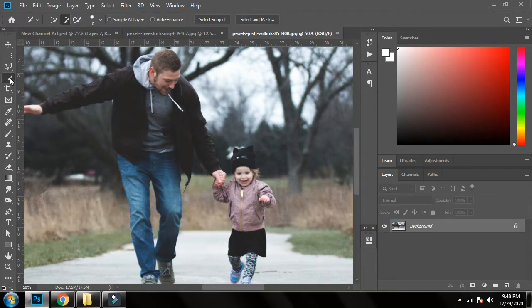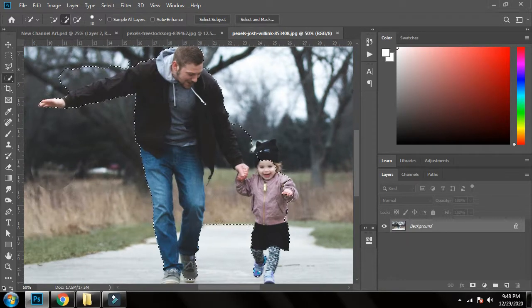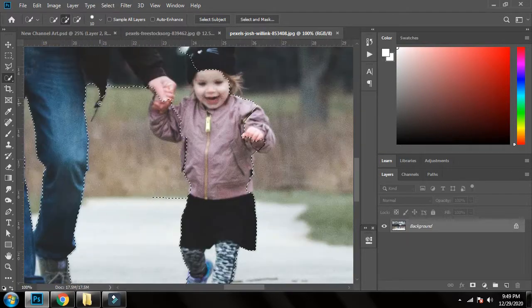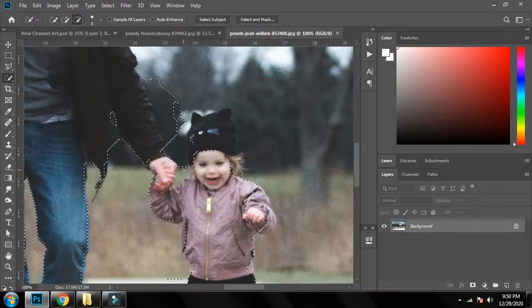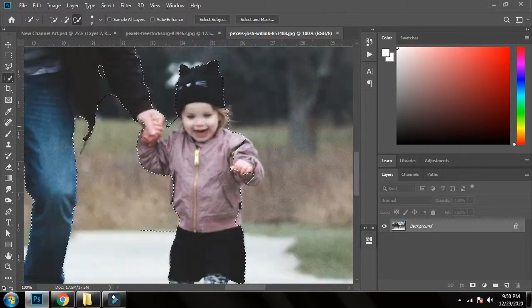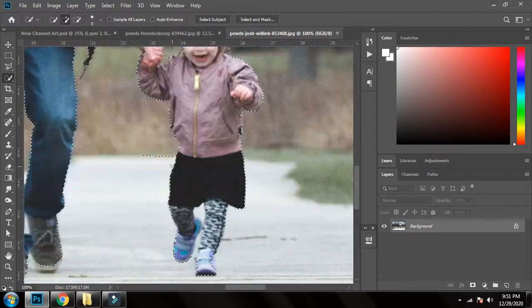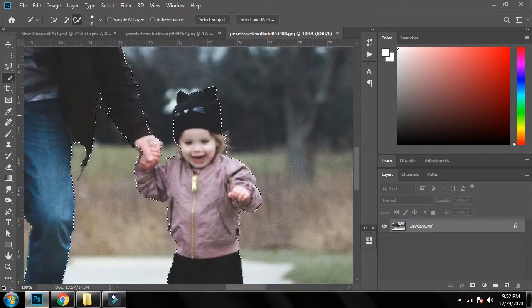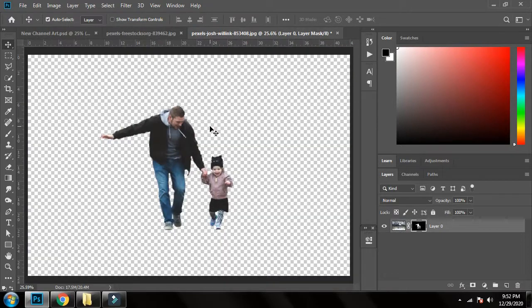You can use any tool, but I will use the quick selection tool. Here you can see I have selected my subject from the image